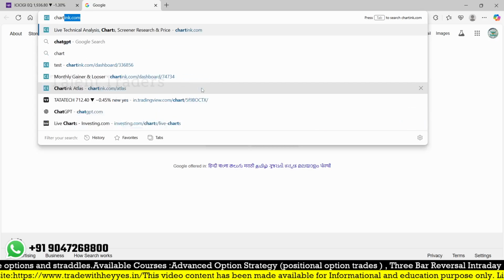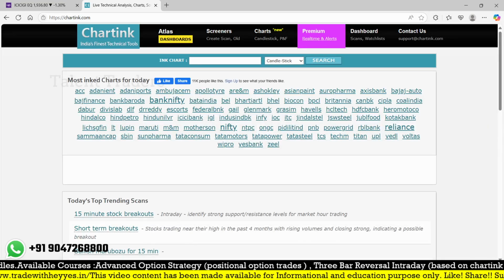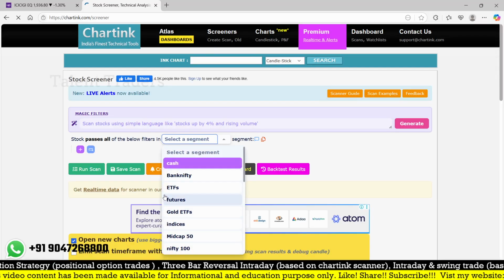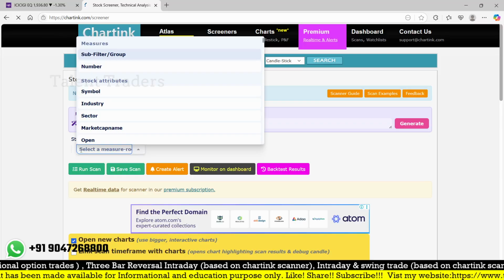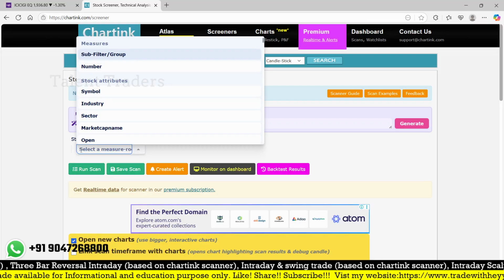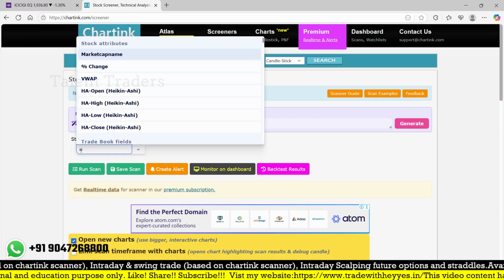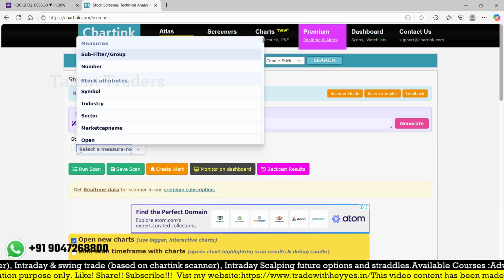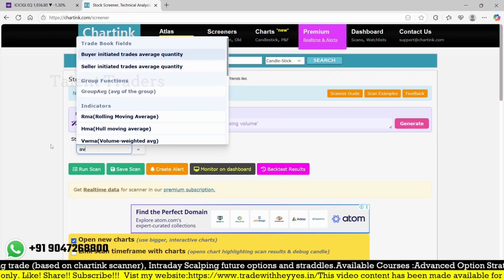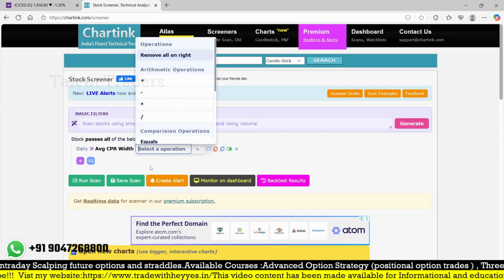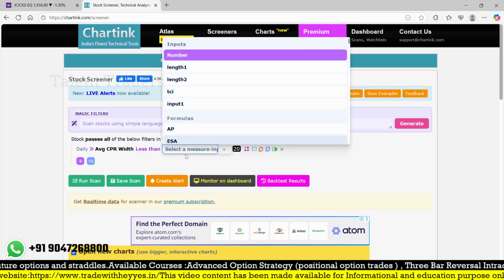Okay, so let me go to charting. We already created a scanner, let me try one more time. Because I'm using a custom indicator, you have to check that. So let me focus on average CPR width. Average CPR width, that is today's, must be less than